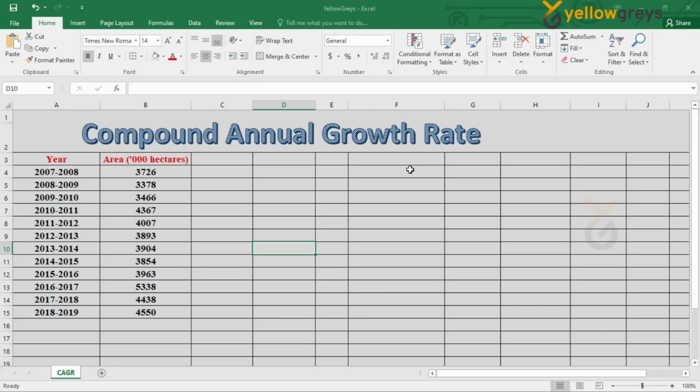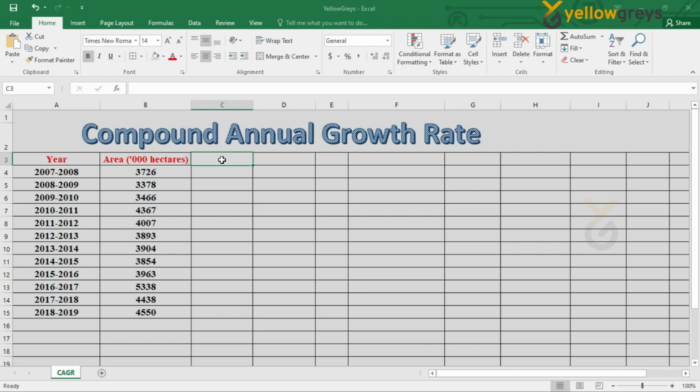Let's learn how to calculate compound annual growth rate in Excel. In this example, I have taken 12 years time series data of area under Pigeon Pea in India. Before estimation, we have to differentiate the data into dependent variable and independent variable.